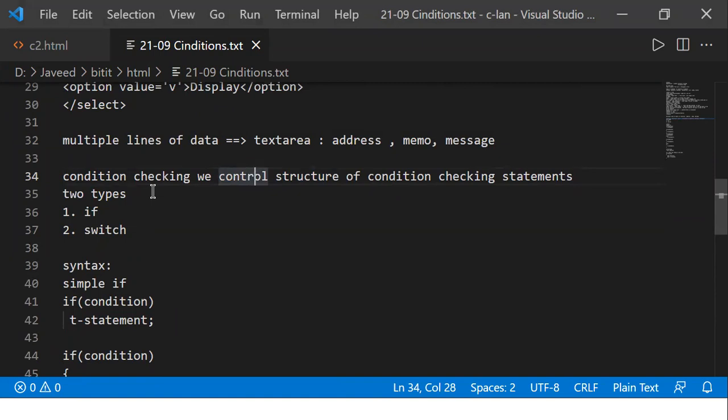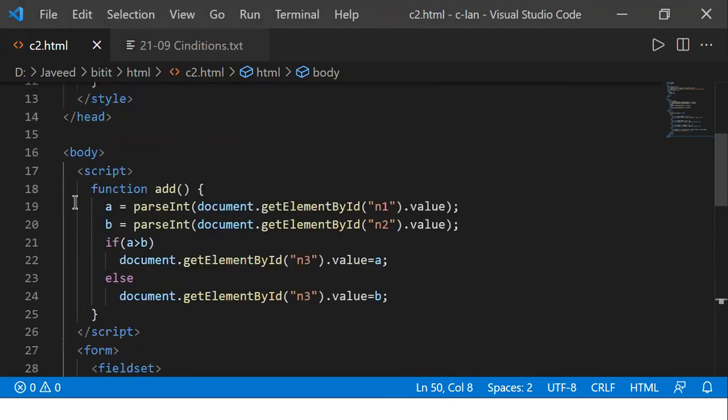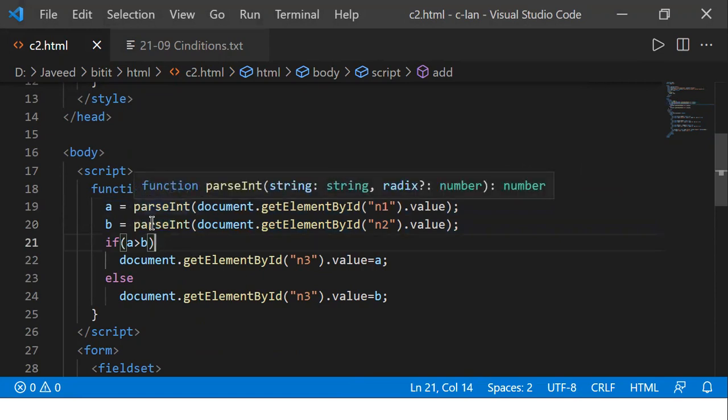Generally, whenever you write a program or a script, the commands you write are executed one by one. For example, in the last session we defined a set of commands: parseInt is one command, parseInt is another. When executing, it runs one after another.